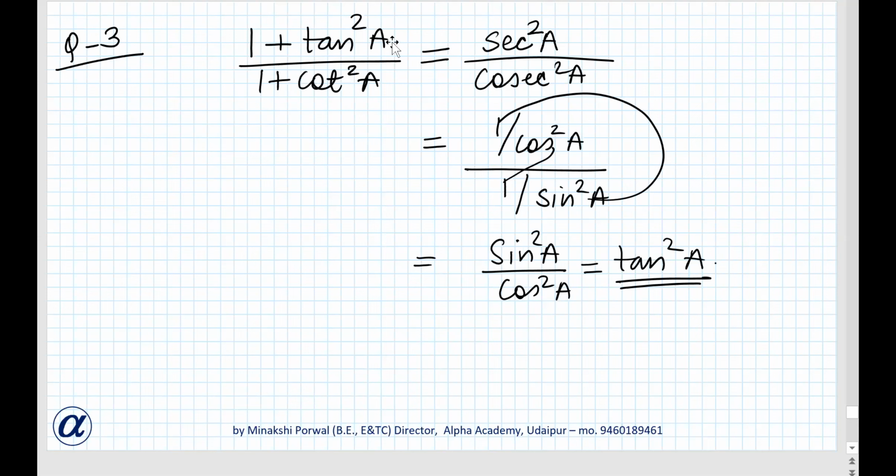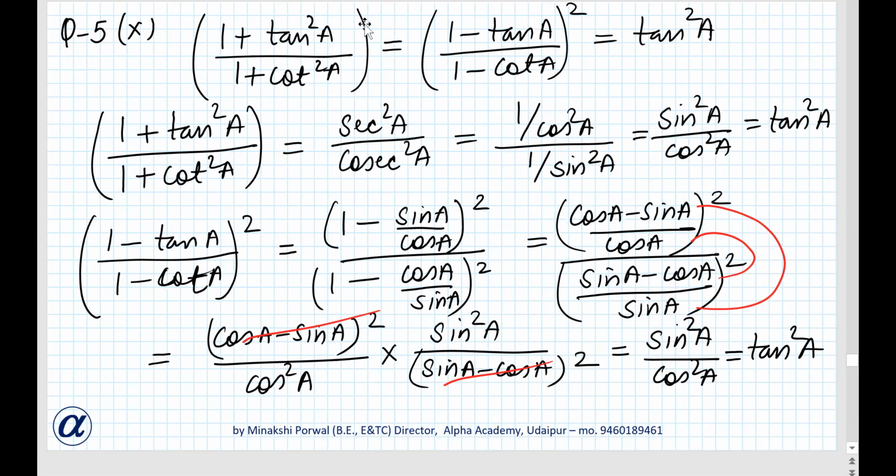Actually ये question कहाँ से निकला है? Last exercise के question number 5, exercise 8.4, question number 5, last part, 10th part, वहां से आया है ये question. Okay, तो it's not necessary कि हमको वो as it is पूछेंगे. So here 1 plus tan square upon 1 plus cot square is tan square. This we have to prove. So this can come even in the other form also. Okay. Then these are the 3 questions which were asked this year.